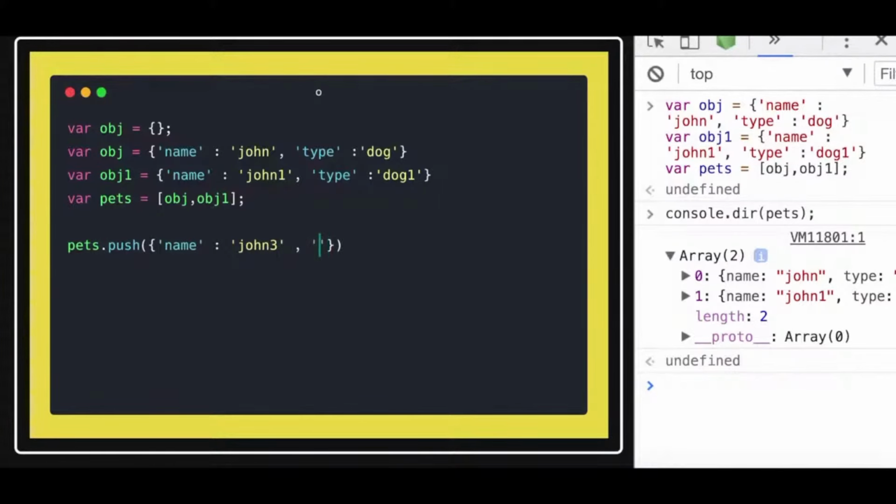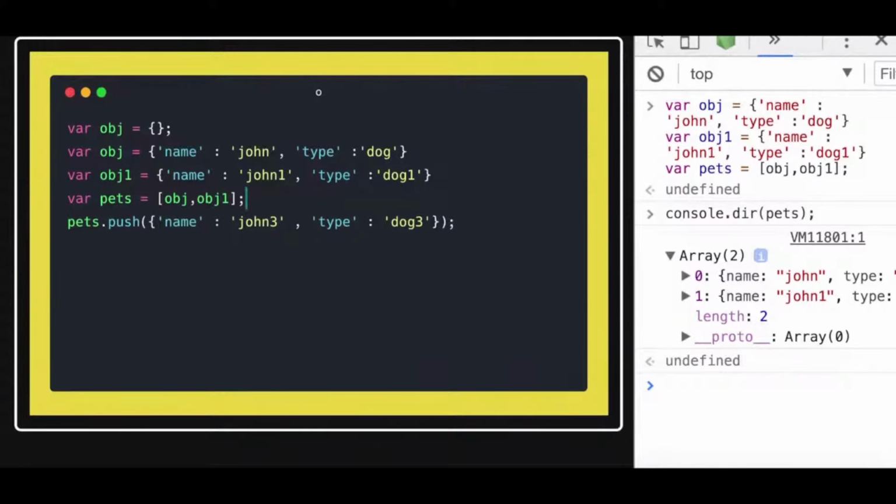Okay, and type can be the same. I'm just talking about basic examples. So now after doing this, what happens? We actually created an array of three objects. Now how can we access the properties? For accessing the properties, because everything is inside pets, you cannot access directly pets.name. You also need to provide an index,